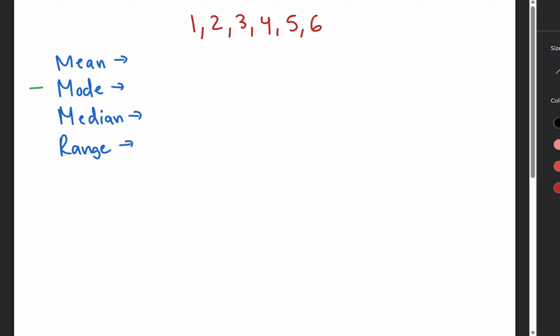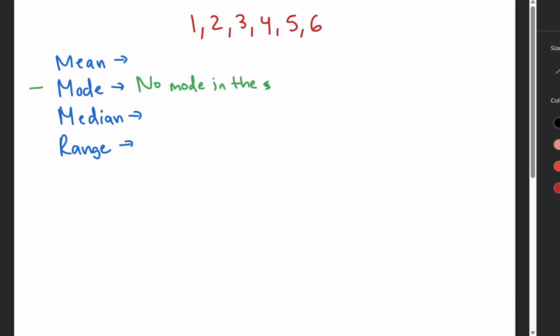So the mode is another way of just saying which number appears the most frequently in a set of data. Which number appears the most. And actually in this data set right here, 1, 2, 3, 4, 5, 6, we don't have a mode. And that's because every number appears an equal number of times. So I see the number 1 once in this set, I see the number 4 once, I see the number 6 once, etc. So that means there is no mode